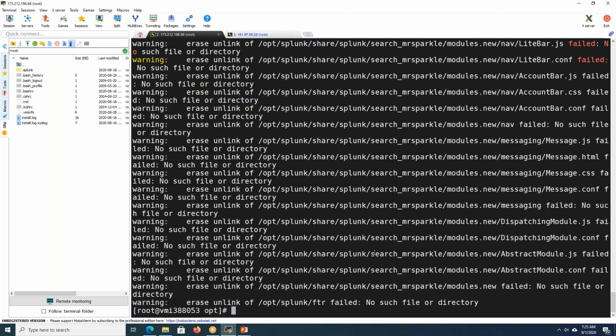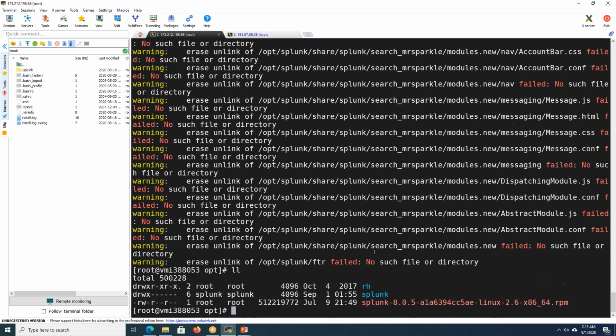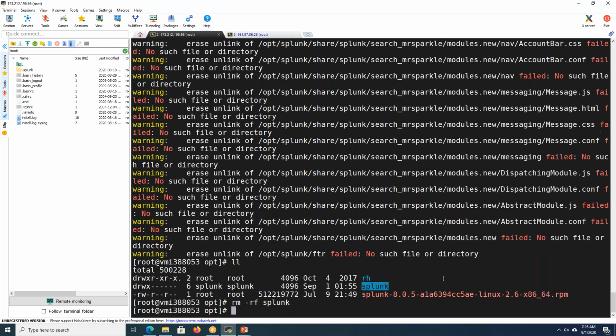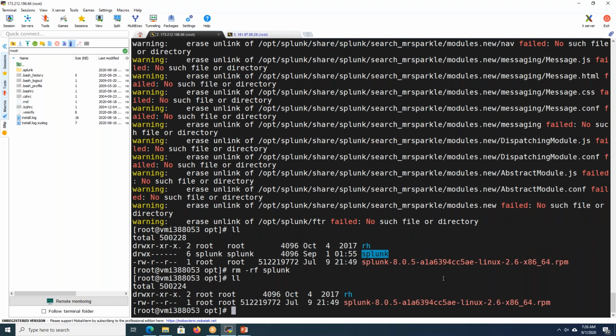Then it will delete all the things that are related to it, all the files. Same, rm -rf. I'm deleting this rpm also.